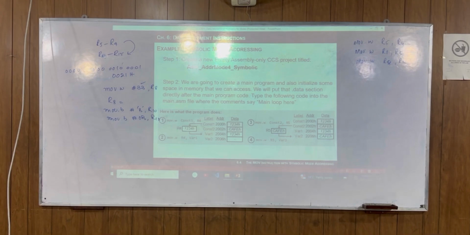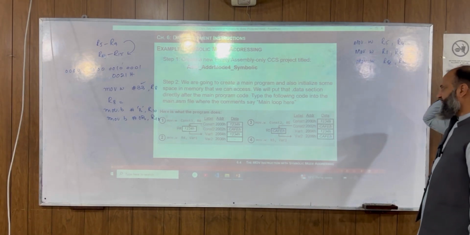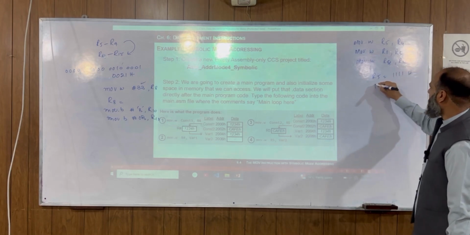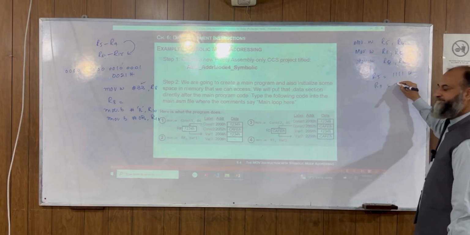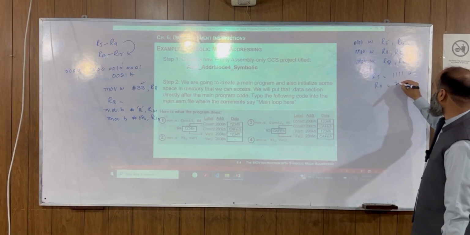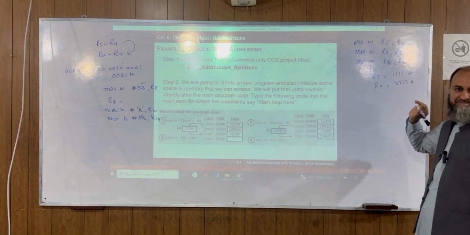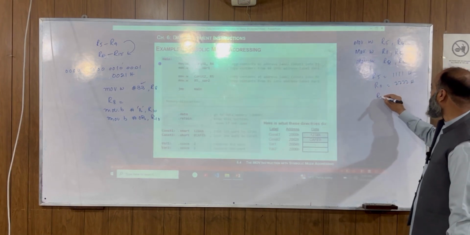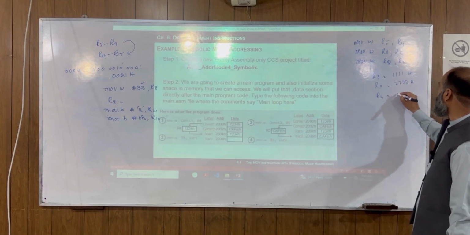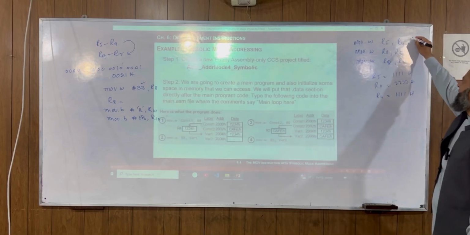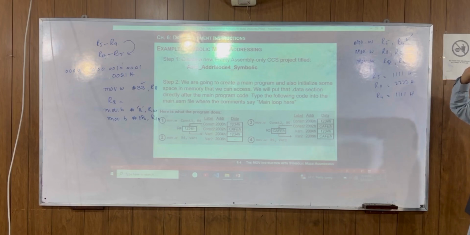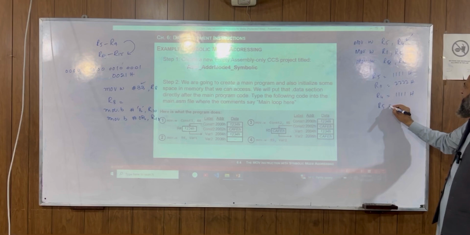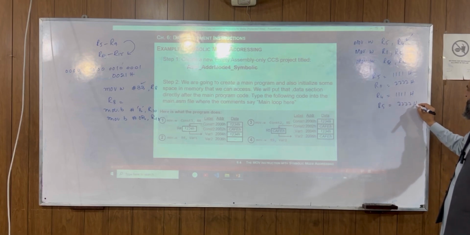देखिए ना. You see that the content. Let's suppose we have got R5 is equal to 1111 hex, right? And we have got R11 is equal to 2222 hex, right? What will the first instruction do? The contents of R5 will be copied into R4, which will be equal to 1111 hex by the execution of the first instruction. By the execution of the second instruction, the contents of R5 will become equal to 2222 hex.